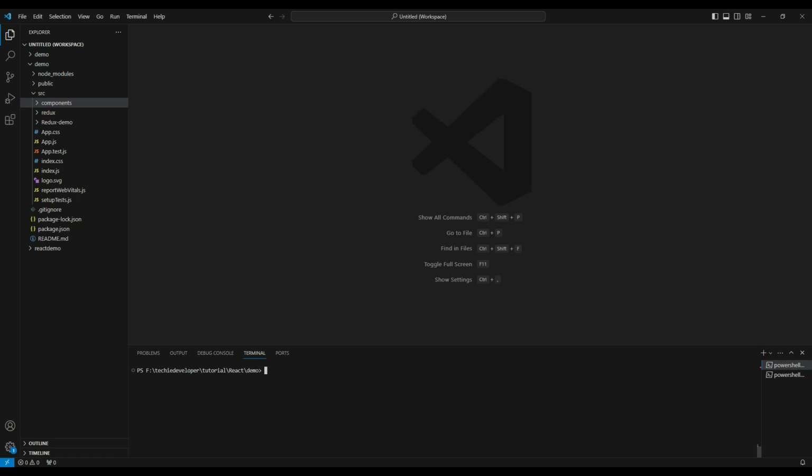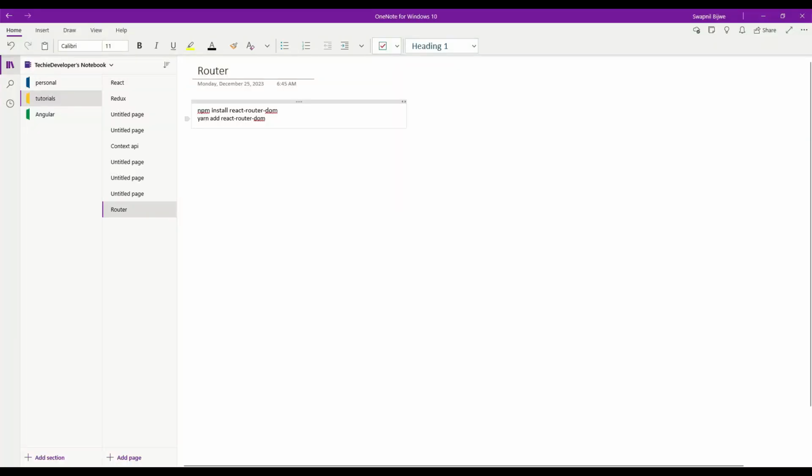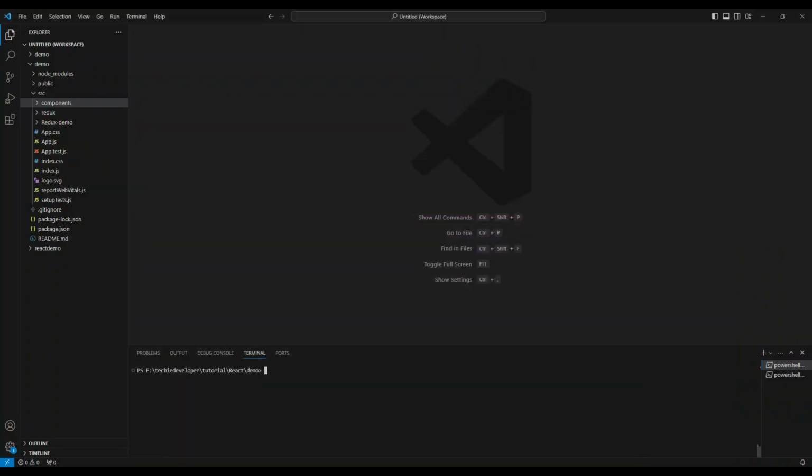What we have to do is run npm install react-router-dom. It may take some time. I have already fired this command. Once that is done, we can use React Router in our application.